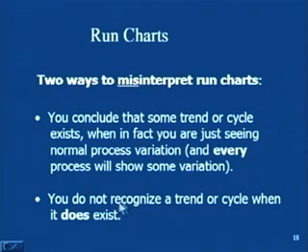or no trend existing. So, this is a very common misinterpretation of the run chart, where we conclude that something is going wrong, although there is nothing wrong in the process. The other error is that sometimes we do not recognize a trend or cycle, although it exists, meaning the process is not behaving right, there are cycles, trends